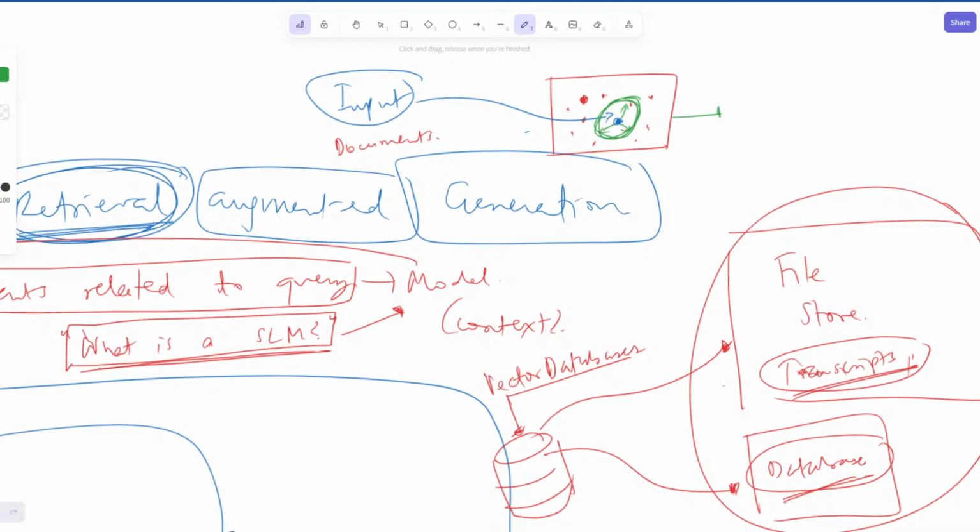Can someone tell me what would be a search indexing technique to do this quickly? How do you find vectors quickly in such a vector database?